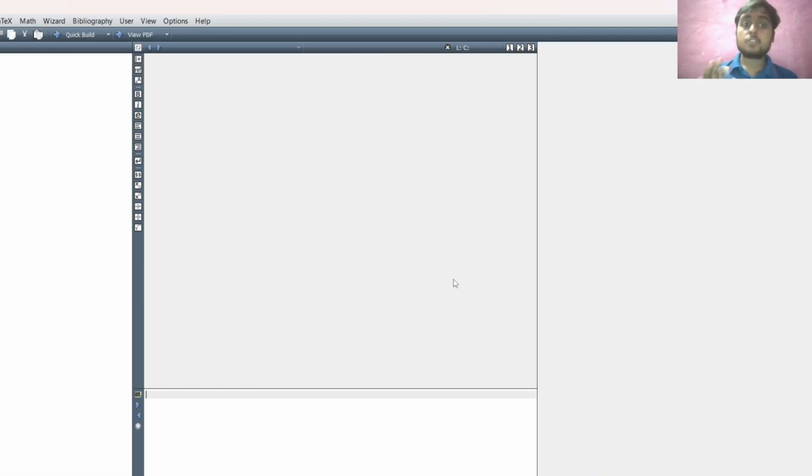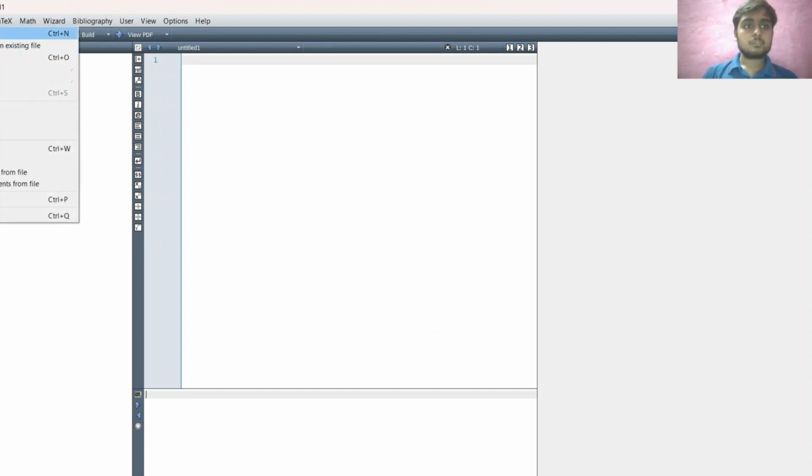I hope till now you all must be knowing how to create the LaTeX document. So first we create a new file using the Ctrl+N key, and then we save it in a folder.